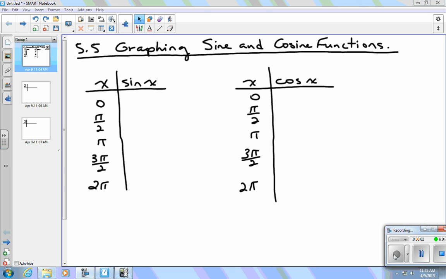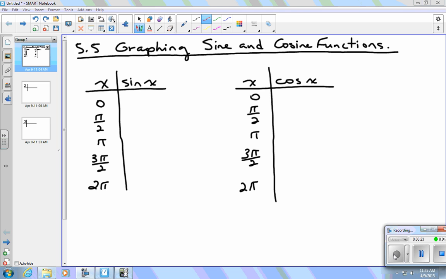Okay, in this lesson we're going to look at our final topic for the year, and this is a quick introduction to it. We're going to look at graphing the sine and cosine functions. So, graphing sinusoidal functions. If you set your calculator to radian mode and calculate what the sine of 0